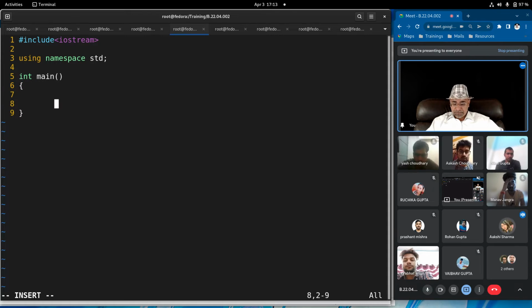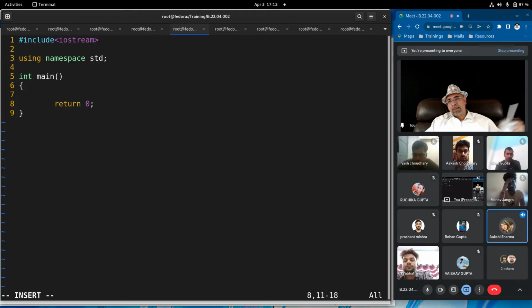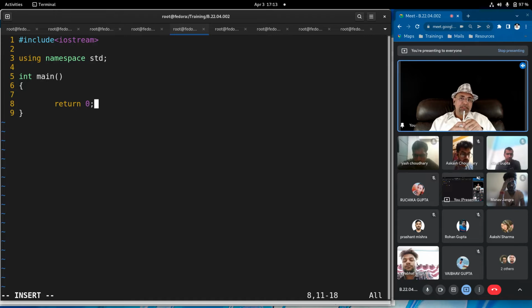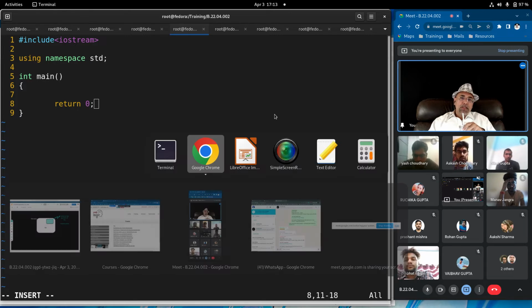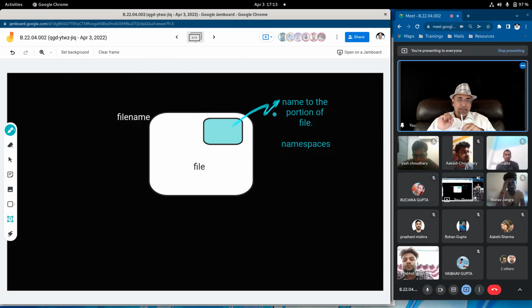Is std, a namespace in IOStream, like a subclass? IOStream is obviously a subclass, but let's not go into that. Right now, understand everything in C++ is a class. IOStream is also a class. Now, if it is a class, it must be stored in some file, isn't it?